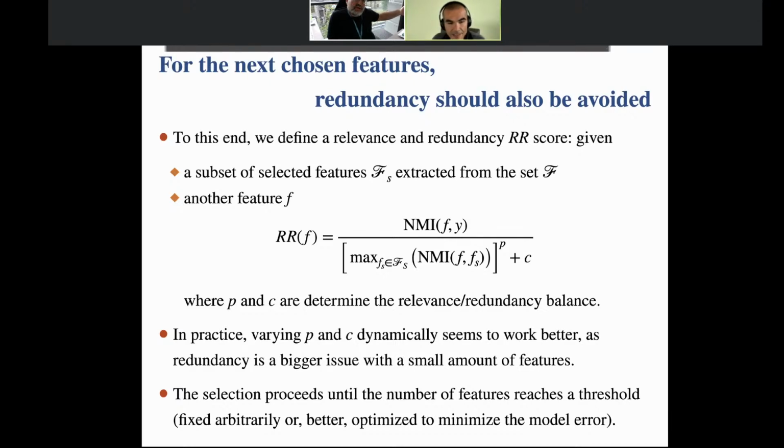Yeah, that's what I've written there. So we put a number of features, and the way we decide the number is either you say, okay, I want 1,000 features, which is fixed randomly, but indeed, you can try to minimize the error that you make. And you can see that at one stage you are adding features, and that's not improving the error, so you don't want to do that. You're wasting CPU time, or GPU time to be more precise, to optimize your machine learning model. So indeed, that's something that you can tune.